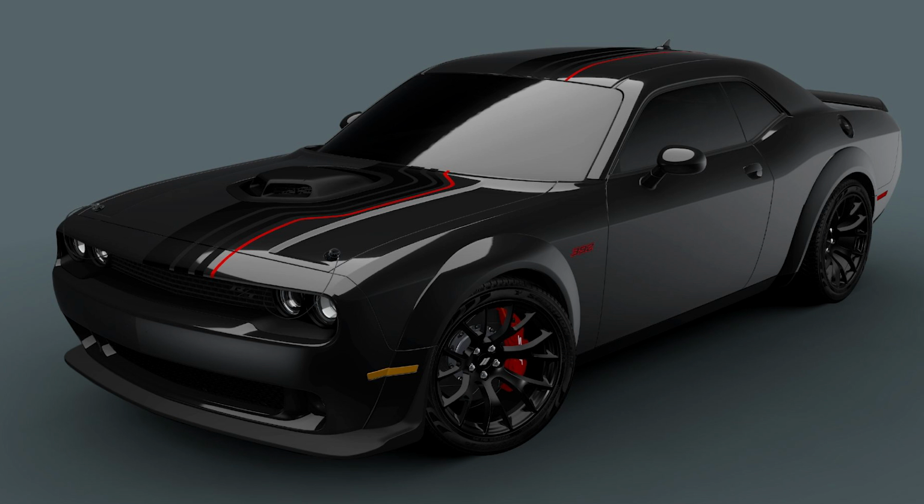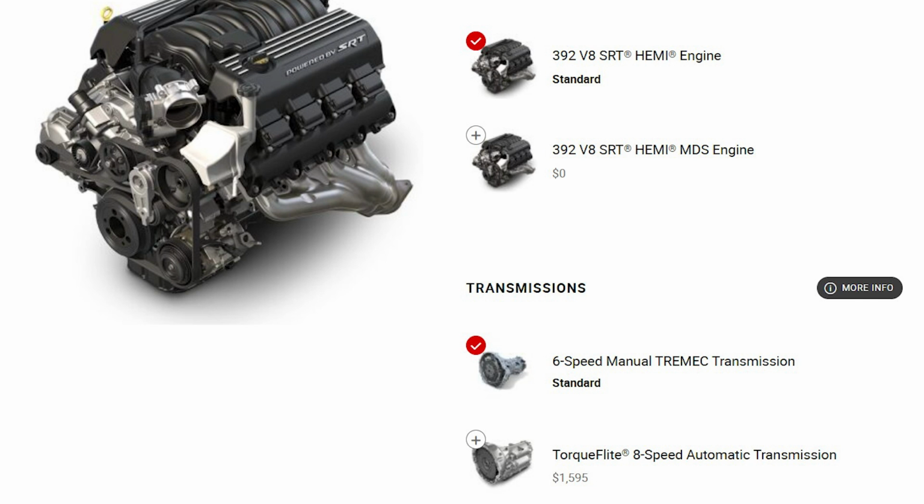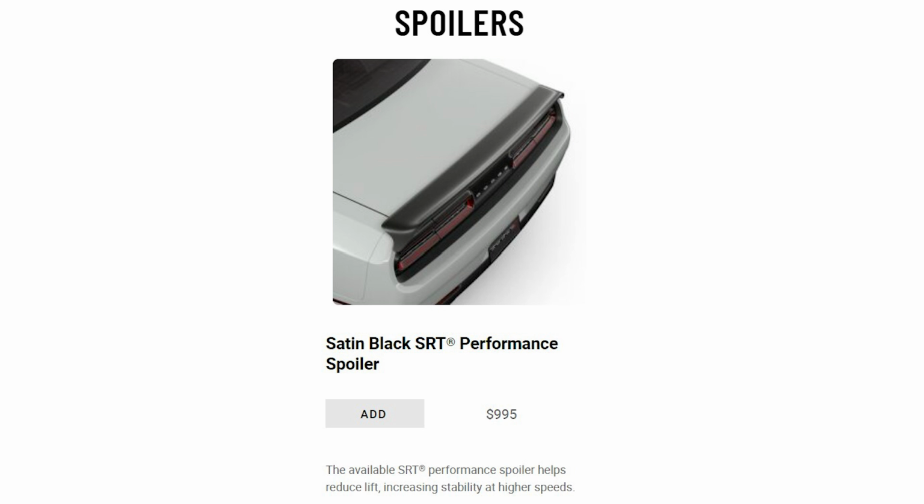This is where I feel Dodge not allowing customers to order these cars is stupid. I can understand the Shakedown package giving you a host of options bundled together, kind of like a launch edition, but even with most launch editions, you still have a few options to pick from. For the Shakedown, Dodge can let customers decide whether they want a manual transmission, if you want a performance spoiler